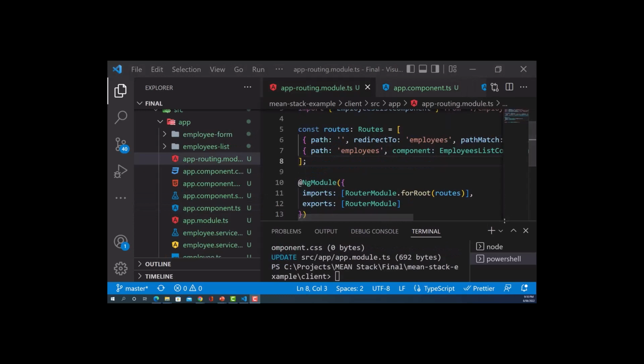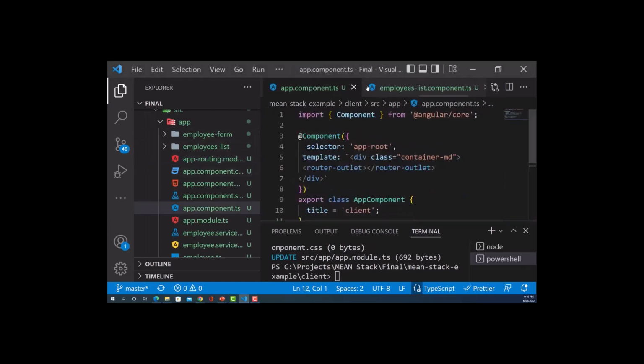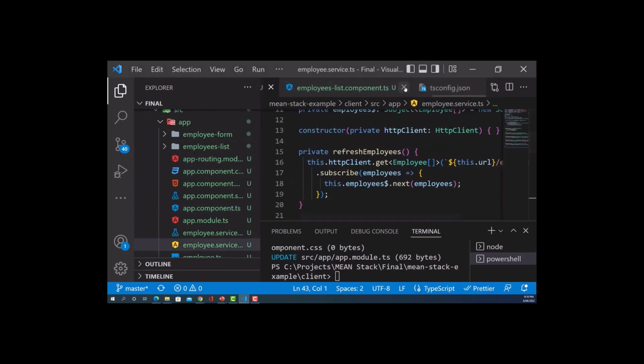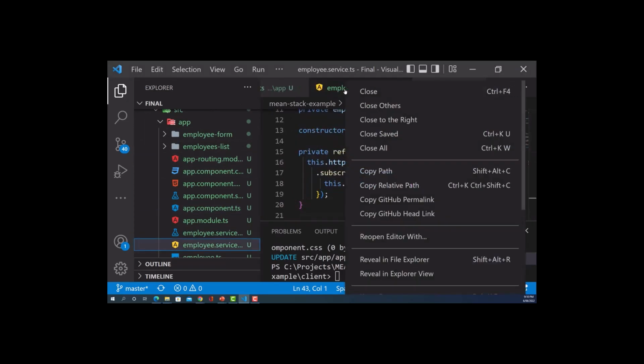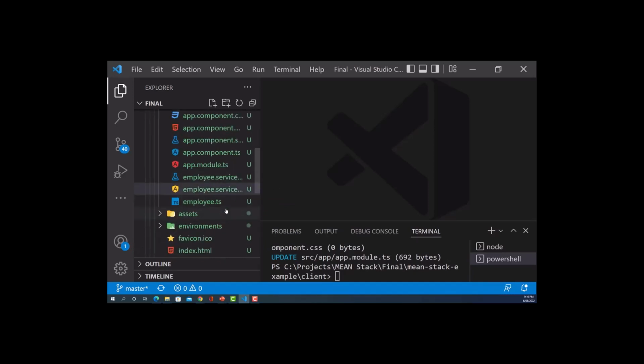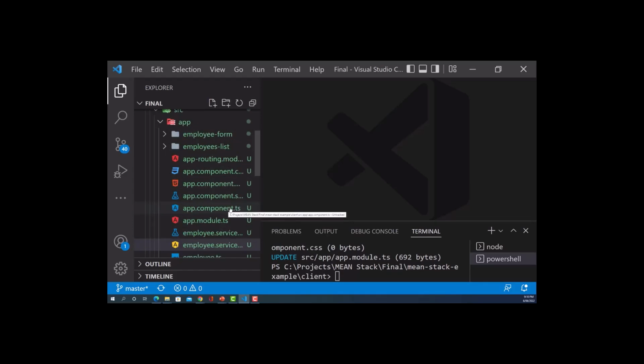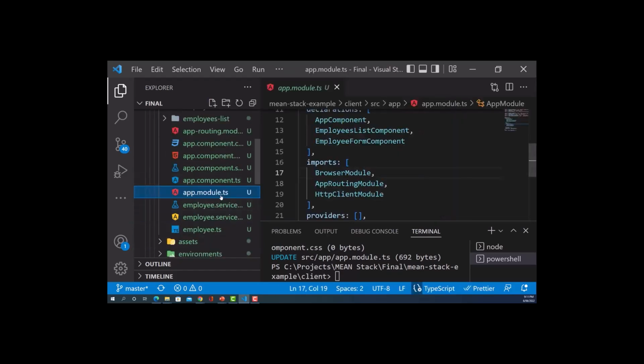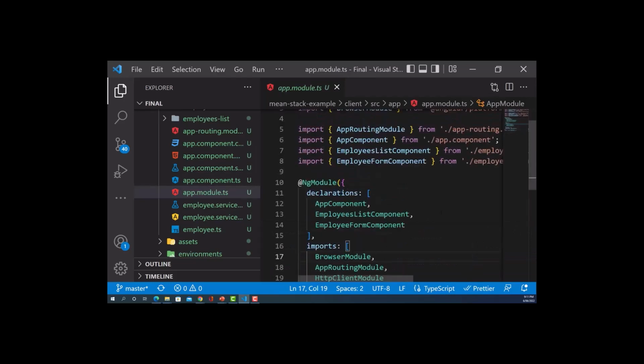Now let's start by importing the reactive forms module in our app.module.ts, not app routing, but this. Let me close this. Most of these files are not important at the moment, close all. Okay, come from a fresh slate again. So we'll get app.module.ts. So where is the app.module.ts? App.module.ts. Okay, so here